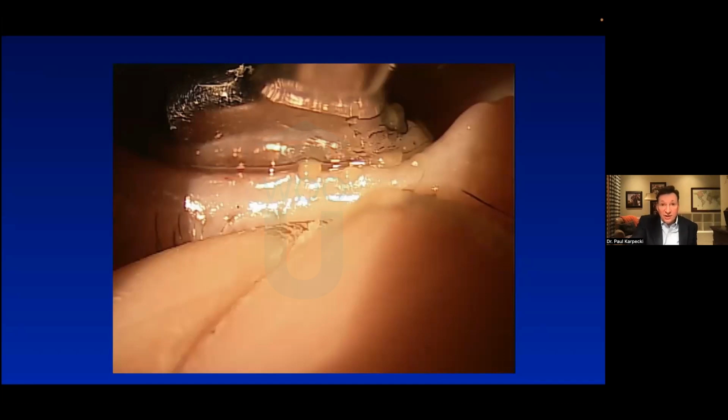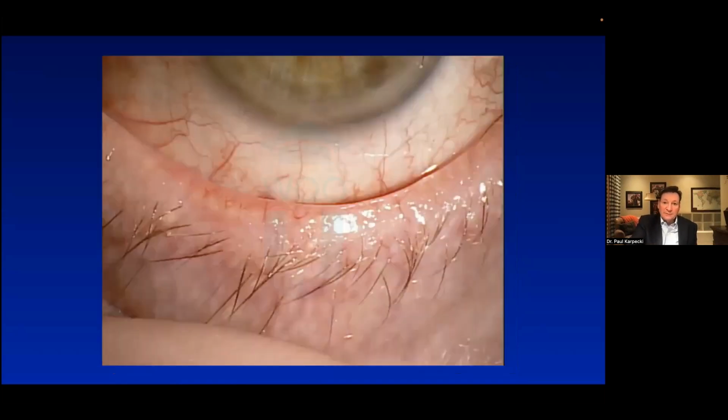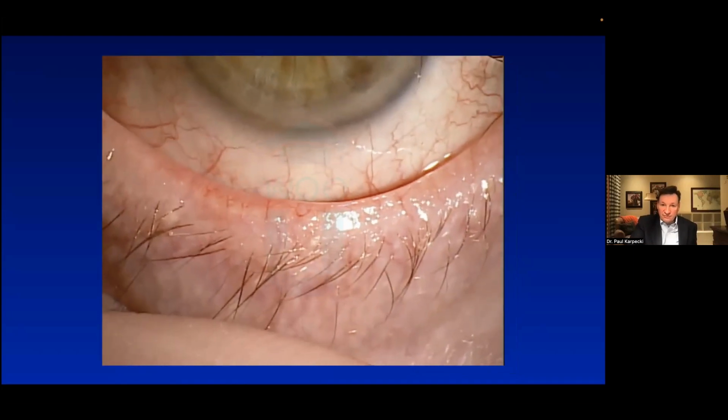Unless you see one of those signs, like 28% of the time, signs show up. But for the other 72 plus, you got to push on the nasal to central zone, see what's coming out with your fingers, with a Q-tip, with a paddle. That's even easier. Kind of do it that way. We've already shown you videos of how easy it is to place it behind the eyelid.